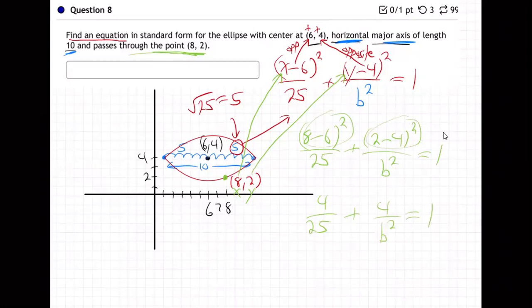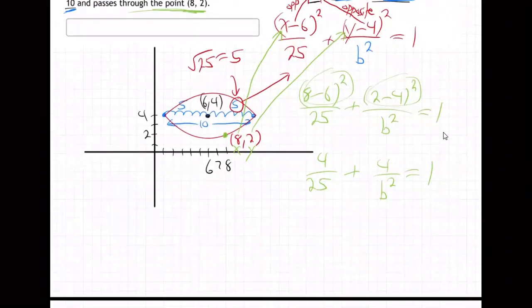And now we need to solve that equation. How do we solve that equation? Well, are you okay with fractions? This is a really important part of this class, is getting you more and more comfortable with fractions, because they're going to go crazy in pre-calc and calc. You need to know fractions. So when you have fractions with an equal sign, like we do here,